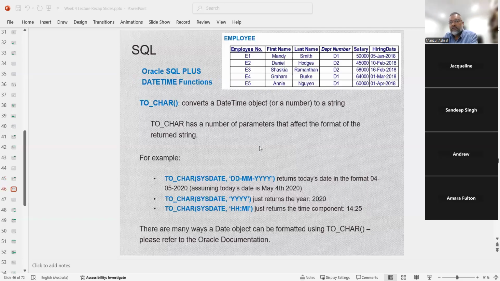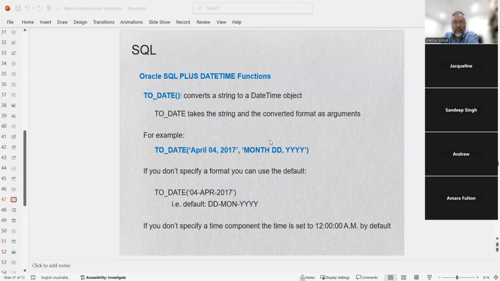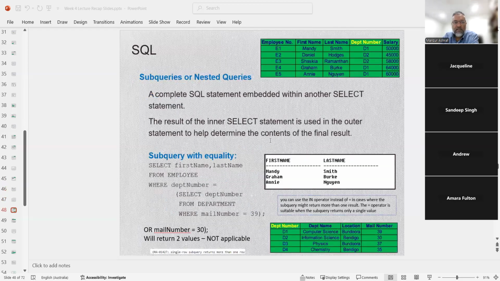Now, we already discussed two chars, so I don't want to discuss that. And I put some examples before. To date as well, we discussed. Now, the subqueries. A subquery is a complete SQL statement embedded within another select statement. The result of the inner select statement is used in the outer statement to help determine the contents of the final result. Which means the inner statement will be executed first,